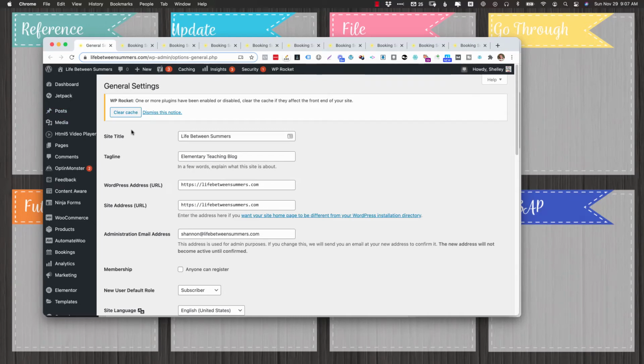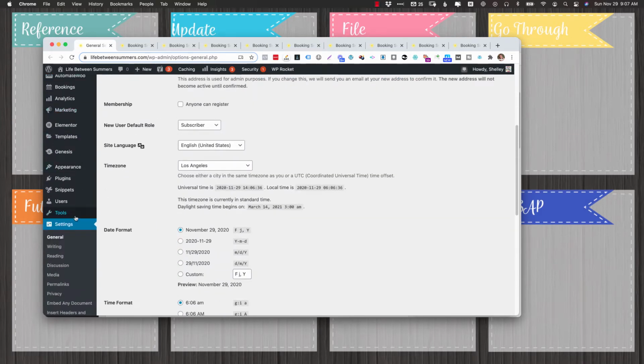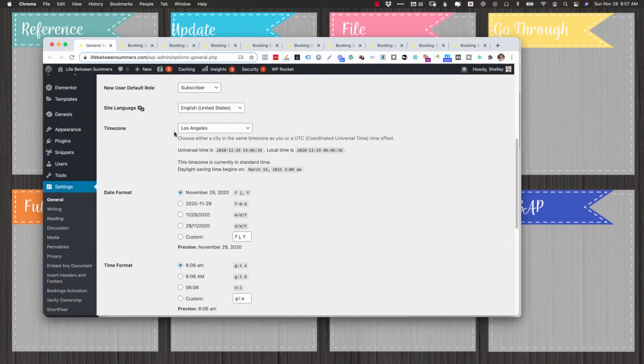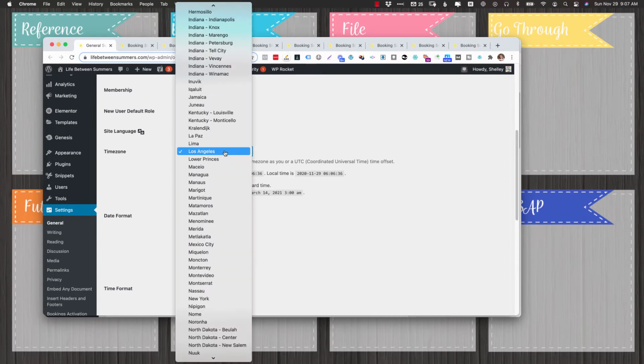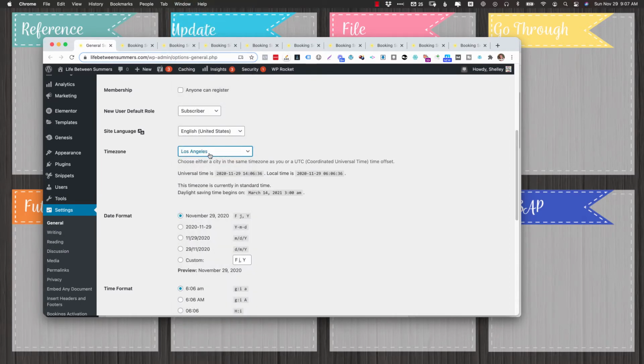Hey, the first thing I want you to do is go to General Settings. Go to Settings, General, scroll down here, and you need to set your time zone. It was originally set for somewhere in the Middle East, so I just put it as Los Angeles. So come down here and choose the appropriate time zone, because that's going to affect the booking times,